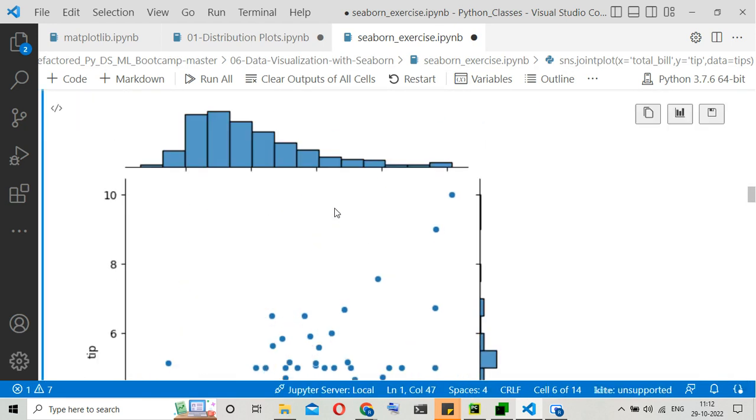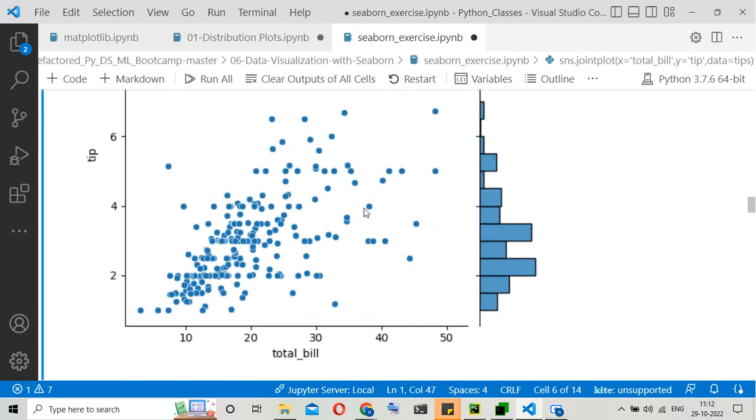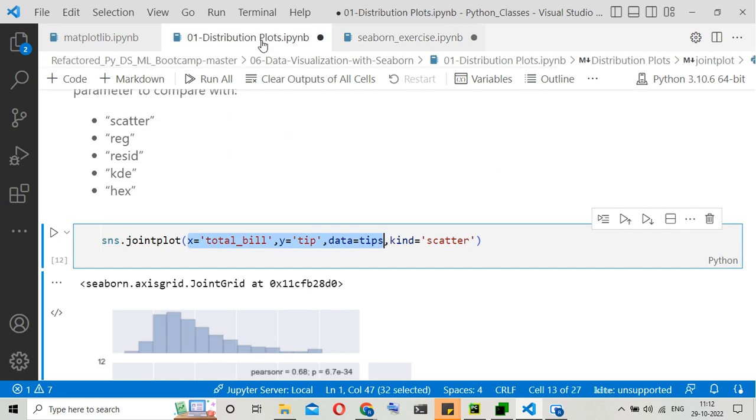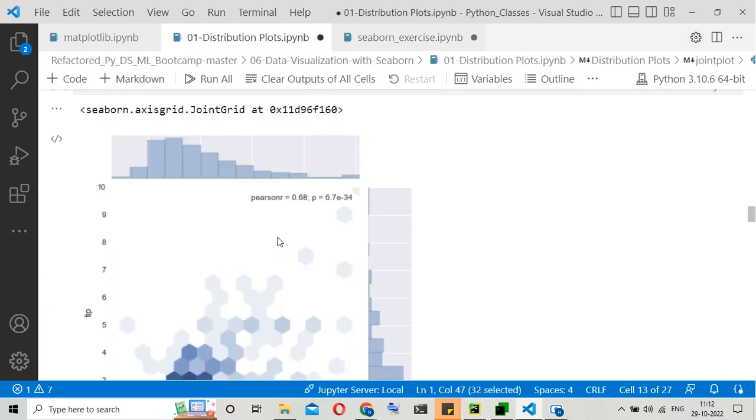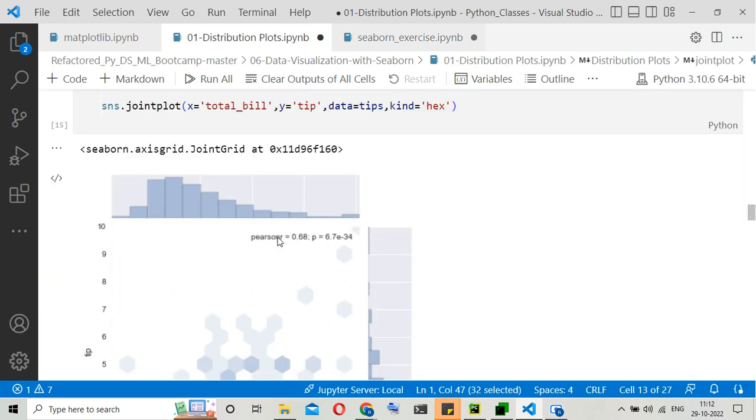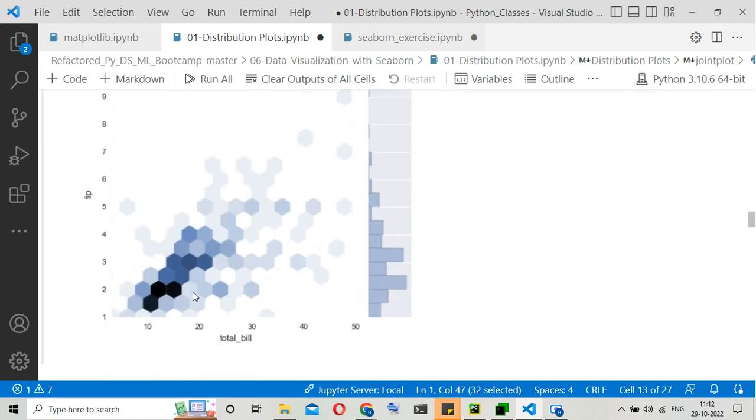So SNS is not helping us figure out what conclusion we should make. It is just helping us plot the data in different formats. One is the joint plot and one was the pair plot, and then this is also there. You can put kind equals hex. So which plot actually lets you, whatever hypothesis you have, and based on that plot you can conclude